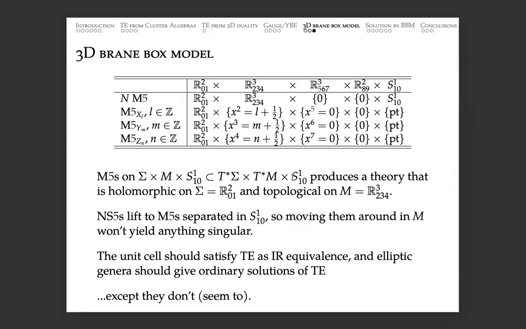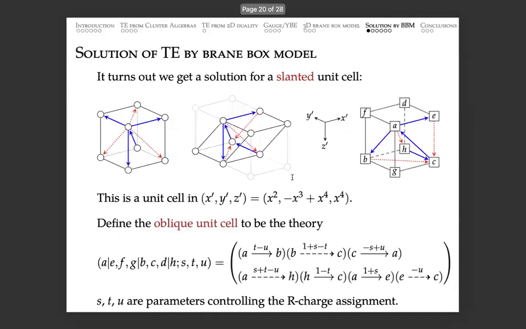And I tried very hard, but I found that in the end, this is not correct. This unit cell theory doesn't solve the tetrahedron equation. That was my conclusion back in 2015. And until very recently, I had no idea why this doesn't work. This puzzle was resolved in my latest work, which I would like to explain a bit. The disclaimer is that I don't fully understand why this works, but it does work.